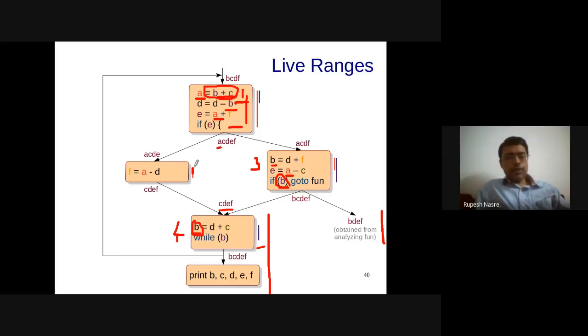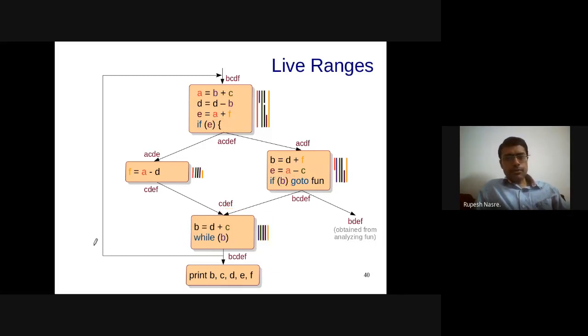B is live neither at the start nor at the end of basic block 2. B is live here, and B is also live in this particular basic block towards the end, so that also should be marked. Okay, and then I am going to compute it for the others, let's say C, D, E, F, and so on. Just watch for a few moments. If there is any question, I can take those up now. I will just erase the ink so that it becomes readable.